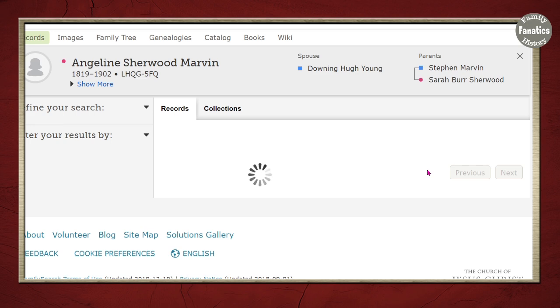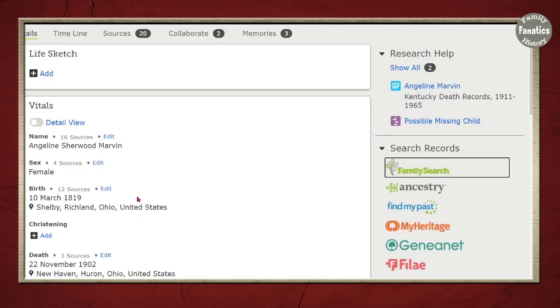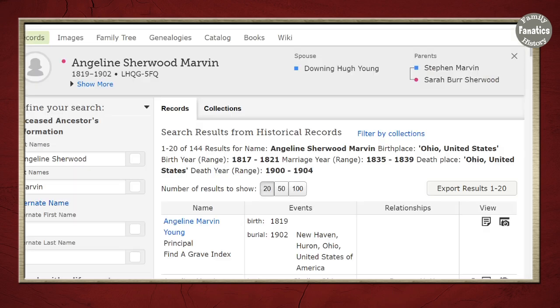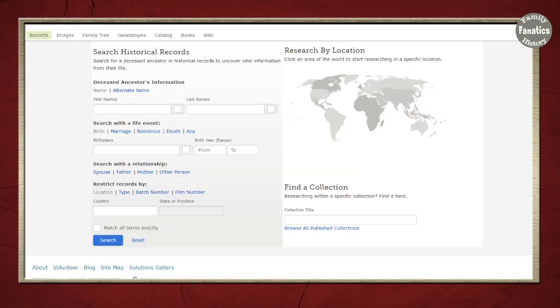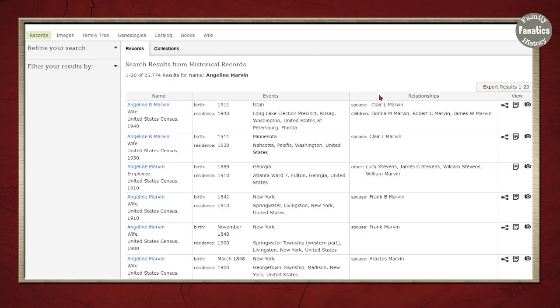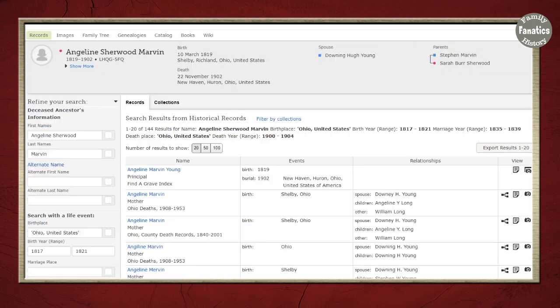You're already logged in. One of the reasons why I like searching from the profile page here versus coming up to search and then going to records is that if we just use the record page and we type in a name, we have to do it all from memory and make sure we spell things correctly. And then when we get to the search results, we don't have this really nifty person reminder.